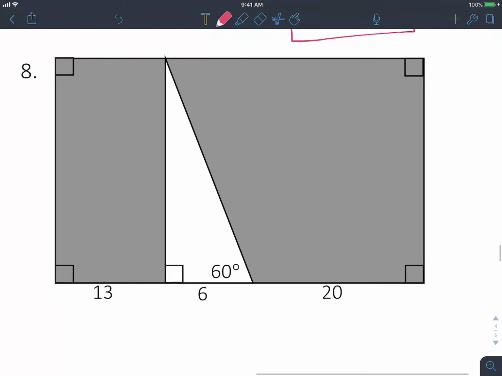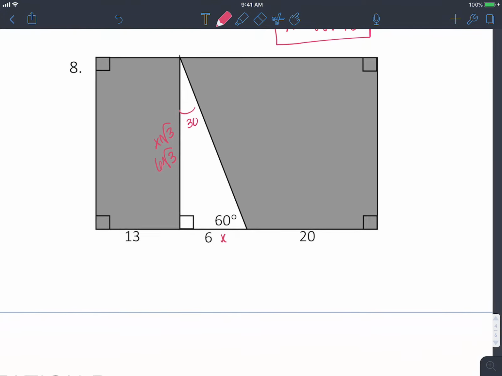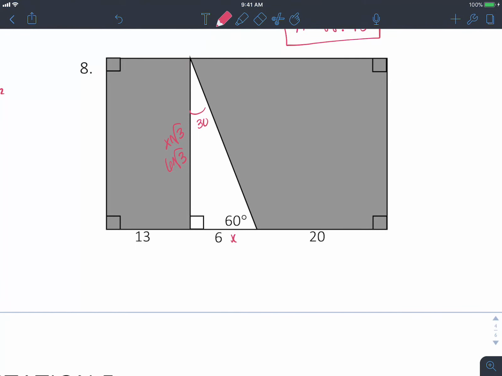All right, on to number 8. Number 8 is going to use a 30, 60, 90 triangle. So this angle up here is our 30. So 6 is our x, and then this side is x root 3, so 6 root 3. So that means that the height of the rectangle is 6 root 3. The base of our rectangle is 20 plus 6 plus 13, which is going to give us 39. So the area of our rectangle is going to be our base times our height. So 39 times 6 root 3, which is going to give us